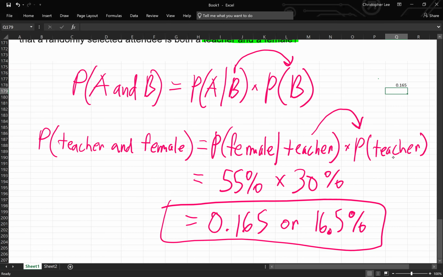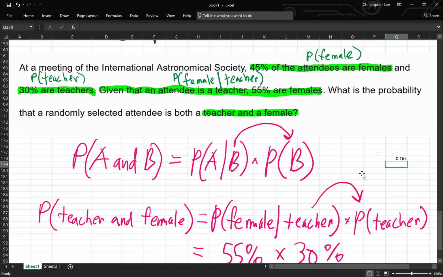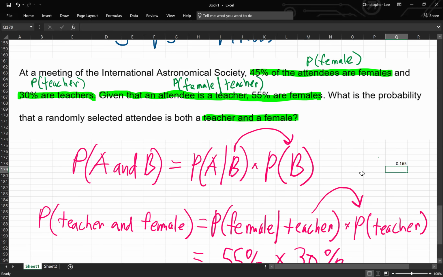Questions on this? How do you know if A comes before B, or B comes before A? How can we determine that? So what I do, I copy down one of the formulas, and then I identify what I'm being given in the story. In this story, 45% of the attendees are female, so I know that's the probability of female. Over here, 30% are teachers, so that's the probability of teacher. And then over here, given that an attendee is a teacher, 55% are female, so I knew that this would be